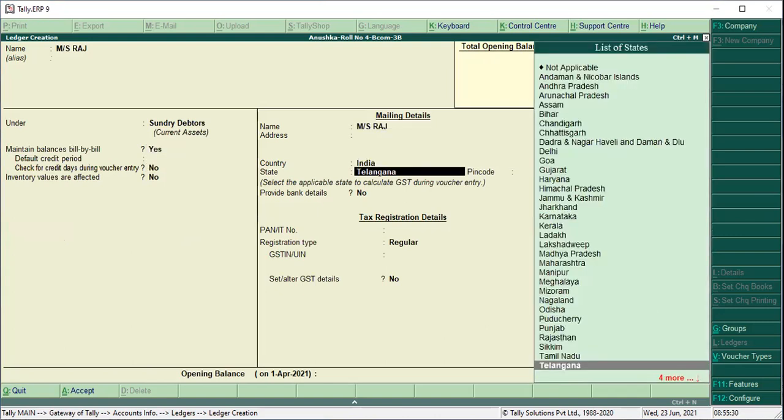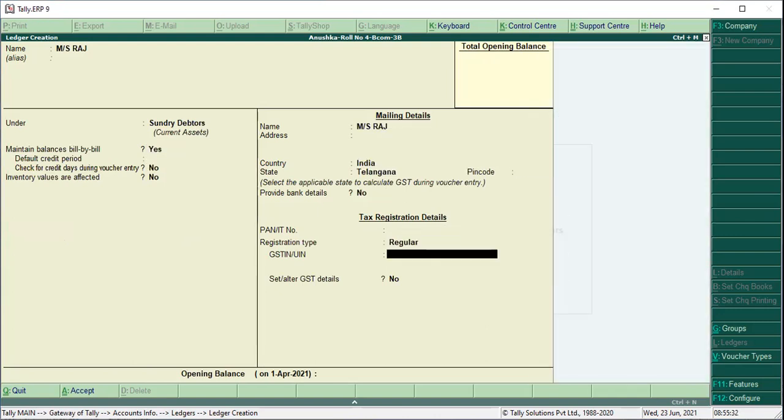Because it belongs to the same state, you enter the GSTN number. If you don't enter it, you will not get the correct report. You take the example of any firm because you are doing it theoretically, so outside you cannot use it. To get the correct GSTR report, GSTR 1 and 2, you should enter the GSTN number. Otherwise it will show you a mismatch error in the GSTR return. Then you have to resolve the mismatch.